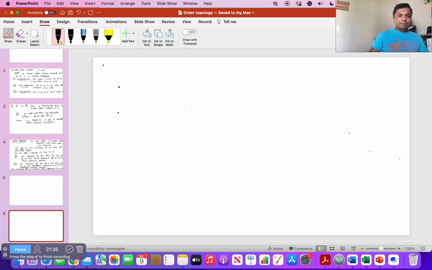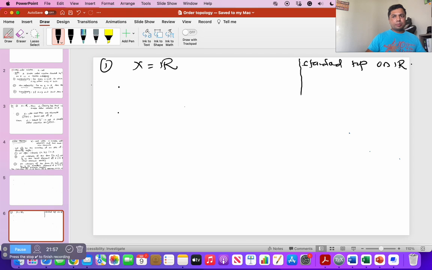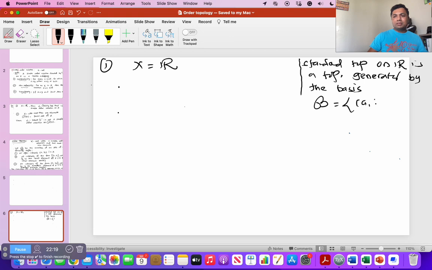Now, first example, let's say X is the set of real numbers. Just let me remind you of the standard topology on R. We have discussed the standard topology on R in our previous video. The standard topology on R is the topology generated by the basis, script B, whose elements are simply the open sets